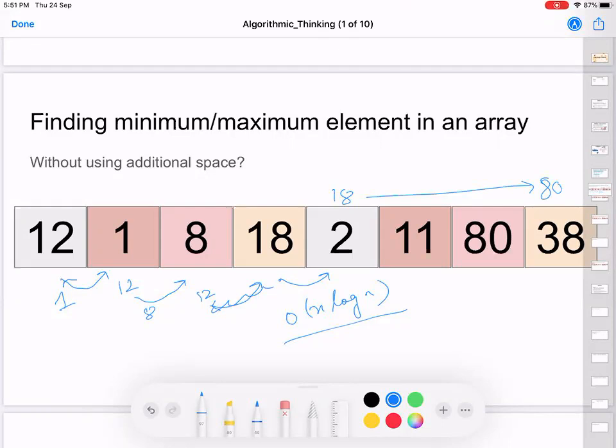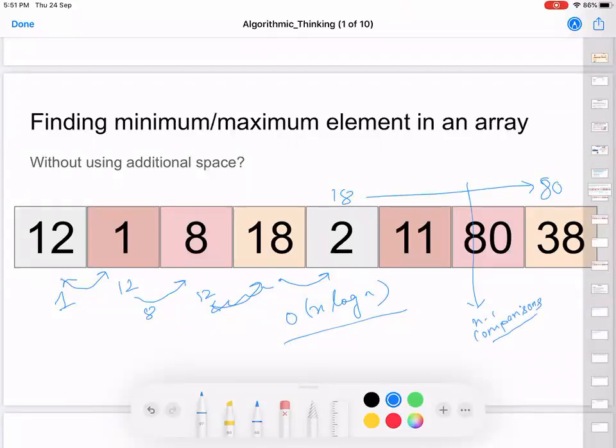What can be one possible drawback of this approach? So what is the benefit if we are using additional space and if we are not using additional space? So here, in this particular case, we have just concentrated on the number of comparisons. So here also, what will be your number of comparisons? It will be n minus 1 comparisons in this case also, right? We are not caring about the swapping here.